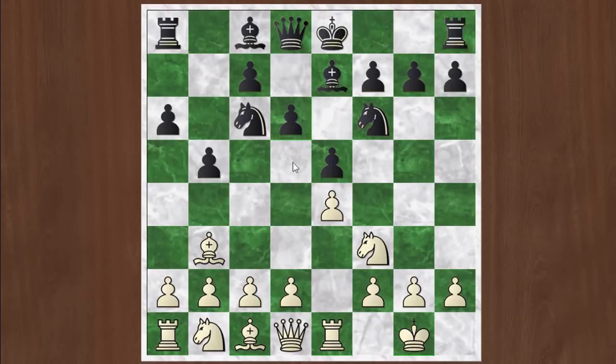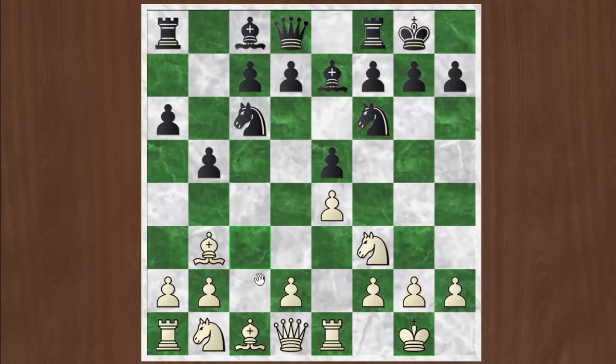After d6, white normally replies c3 with the idea of building up a big center with d4. If white does the same thing after black castles, back up, black castles here instead of playing d6 and white plays c3, black can actually play the move d5, and this is the Marshall Gambit. You take this pawn, this is the way the main line goes,